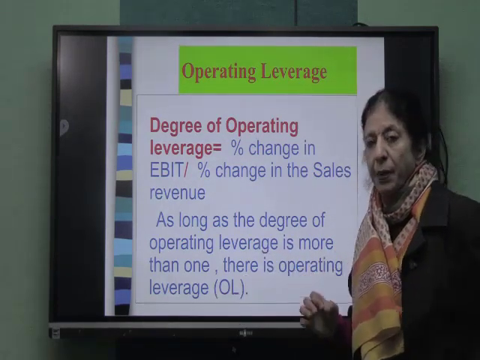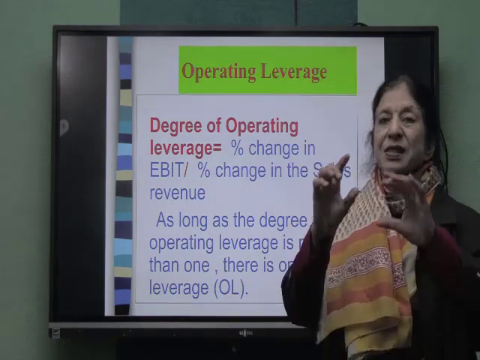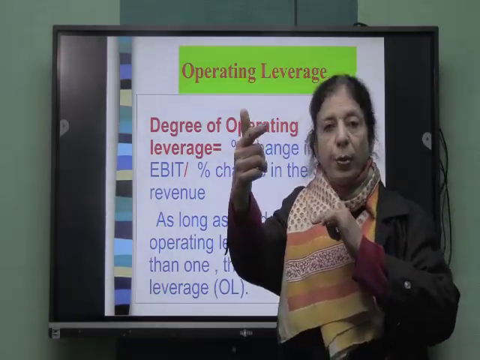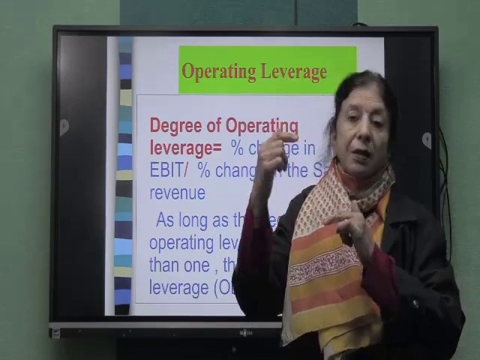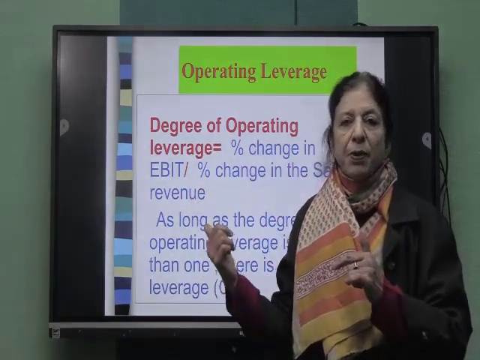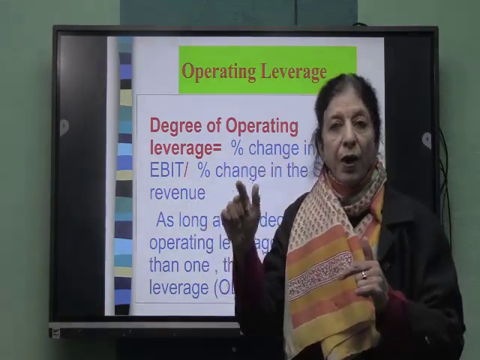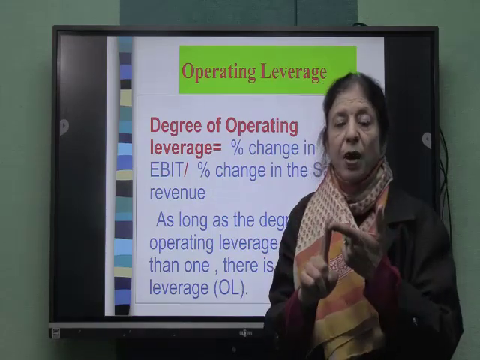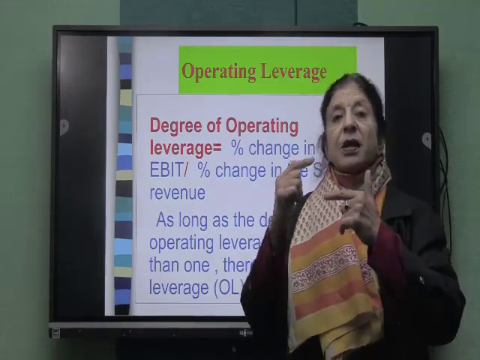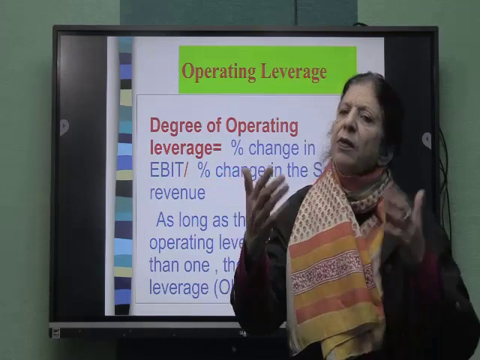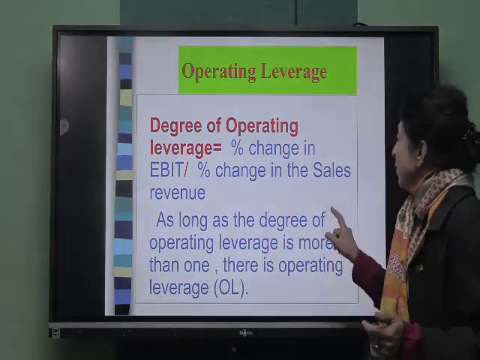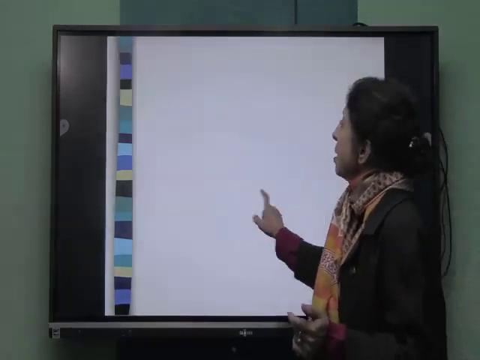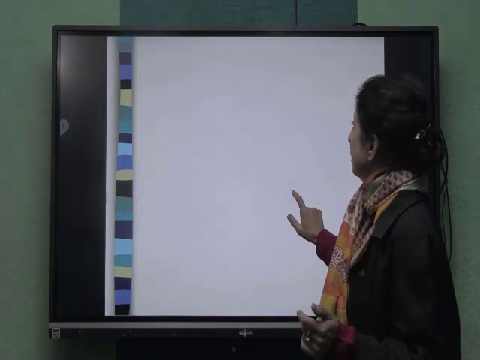Remember, if you incur some expenditure and the sales increase, then, in my previous example, that was coming out as 2.5. That means if I incur 1 rupee, the effect is an increase of sales by 2.5, and hence the presence of leverage is there. Now, if you look at the other one,